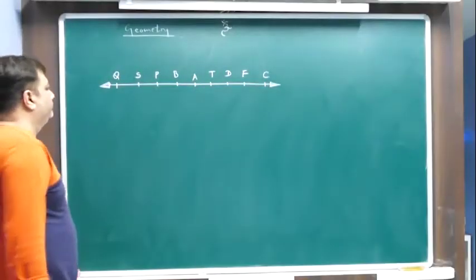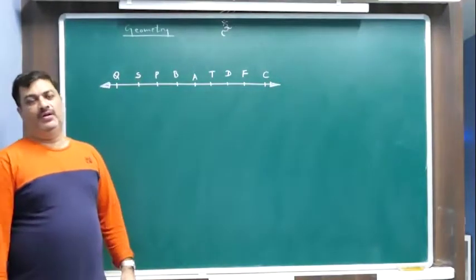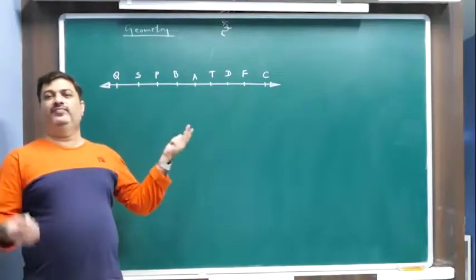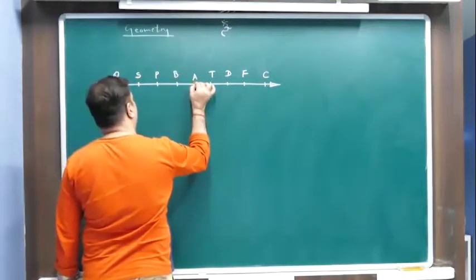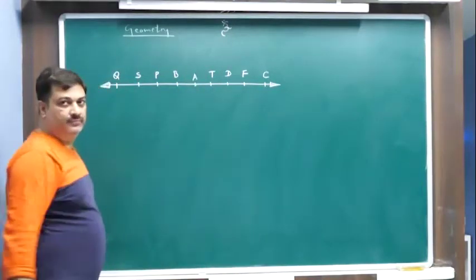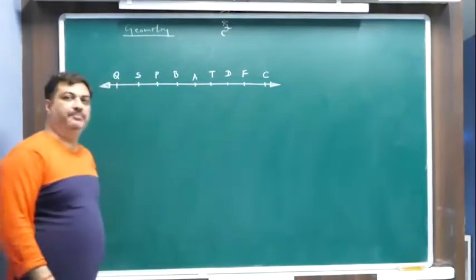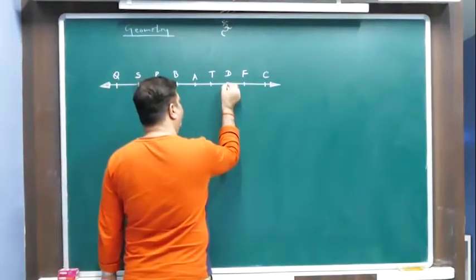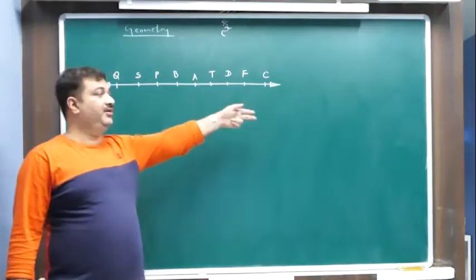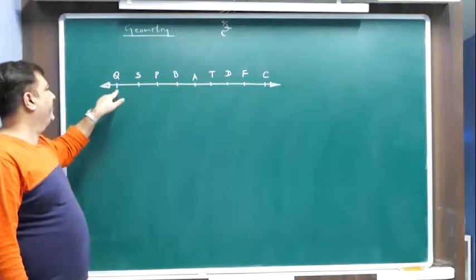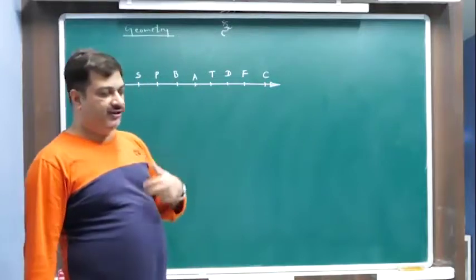Alright. Now, this is a number line. All of you know this is a number line. What is a number line again? It is a collection of points, an indefinite number of points. Out of that, I select one point on the number line and I name it A. I select another point to the right of A and call it T. I select another point to the right of T and call it D. In the same way, I select one point, call it F, another point C, one point B, one point P, one point S, one point Q. So I go on selecting points and putting a letter on each.